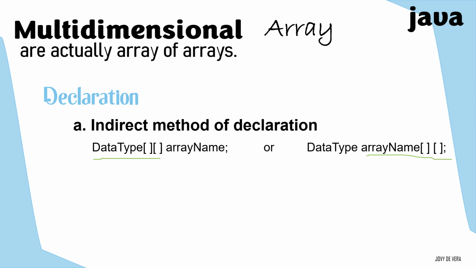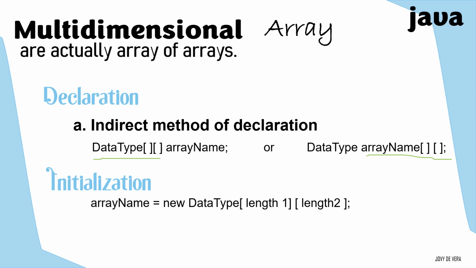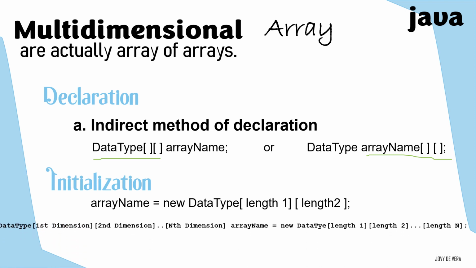To initialize the value of an array, we have the array name is equal to new data type, the length 1, and then the length 2. Or these two lines of code can be a single line: data type, the first dimension, followed by the second dimension, up to the nth dimension. The array name is equal to new data type, the first length 1, length 2, and the length n,